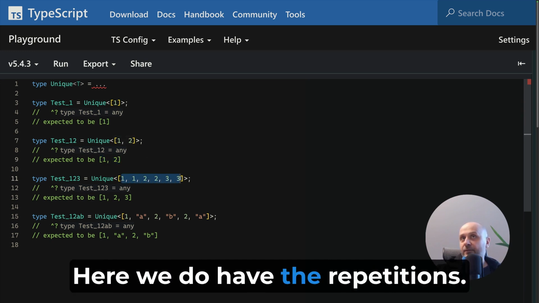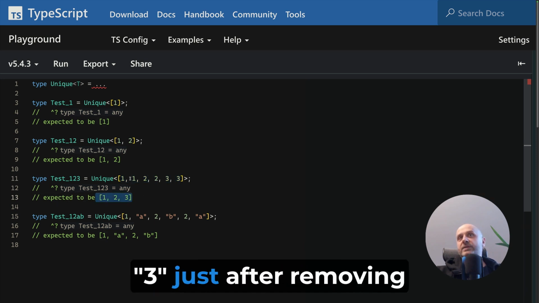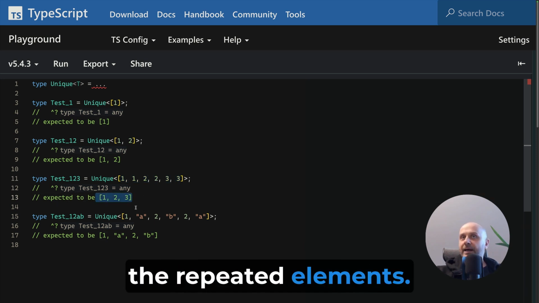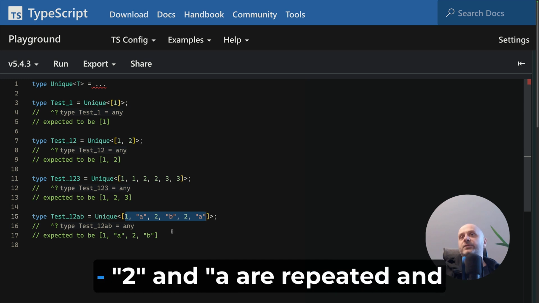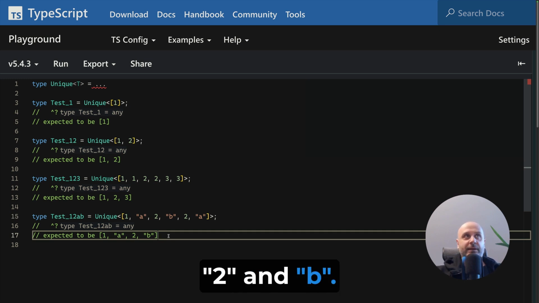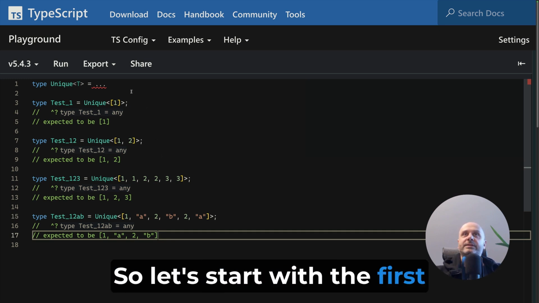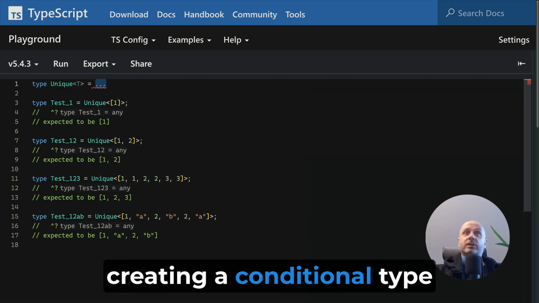Here we do have the repetitions, so the result is going to be 1, 2, 3, just after removing the repeated element. And here we've got 1, A, 2, B, 2, A. 2 and A are repeated, and therefore we've got 1, A, 2 and B. So let's start with the first step, that is going to be creating a conditional type which is